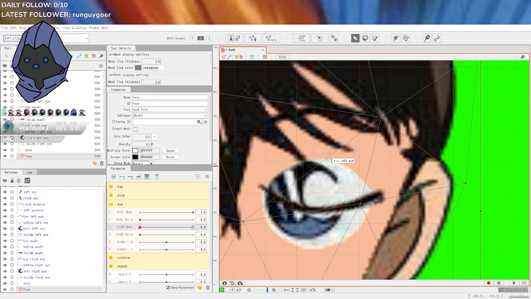We're going to select the sclera and I'm going to go back to our edit mesh manually, and in the tool details tab I'm going to use the add points tool and I'm going to add more points just so I have a little bit more of control when transforming this sclera, okay? Once we're done, I'm going to go back again to the IL open parameter and create two keyforms. Now, I'm going to go back to the 0.0 keyform and I'm going to transform